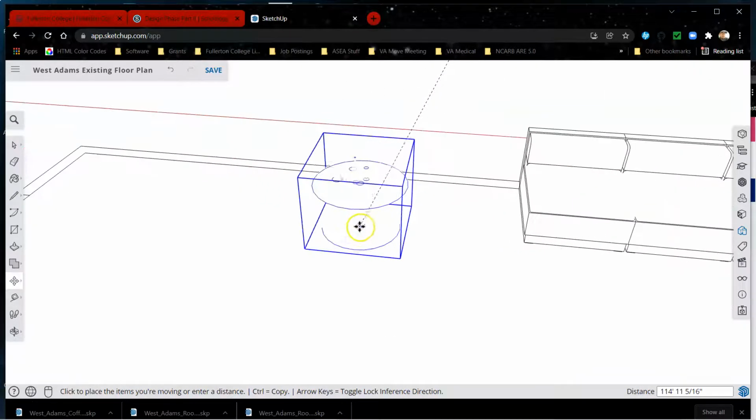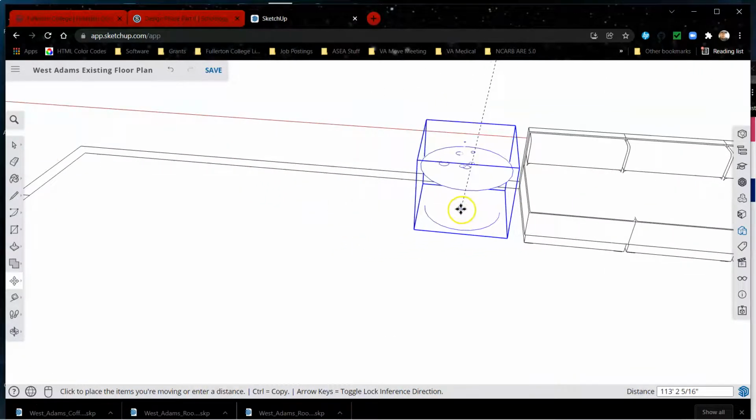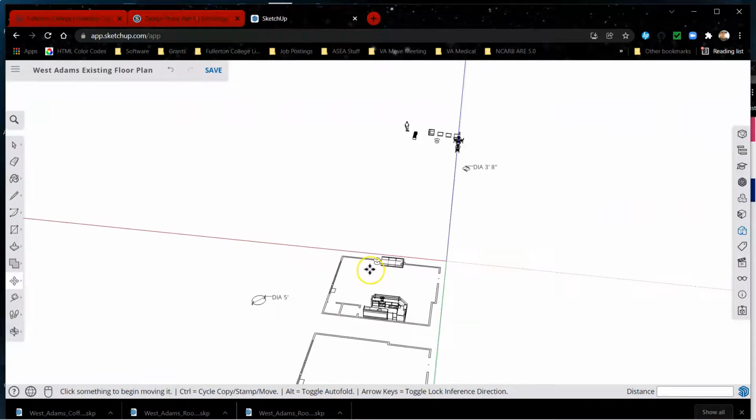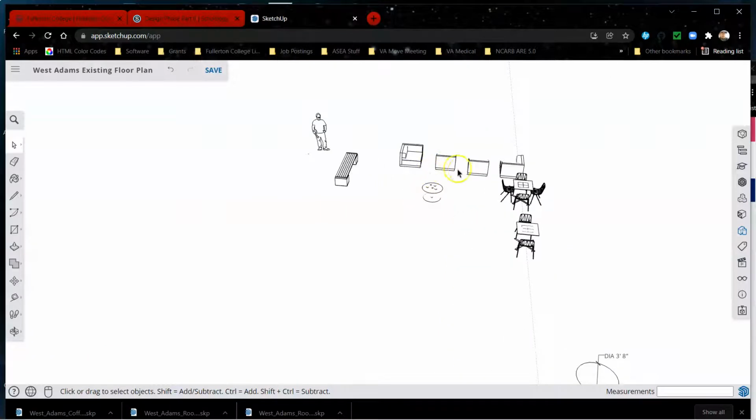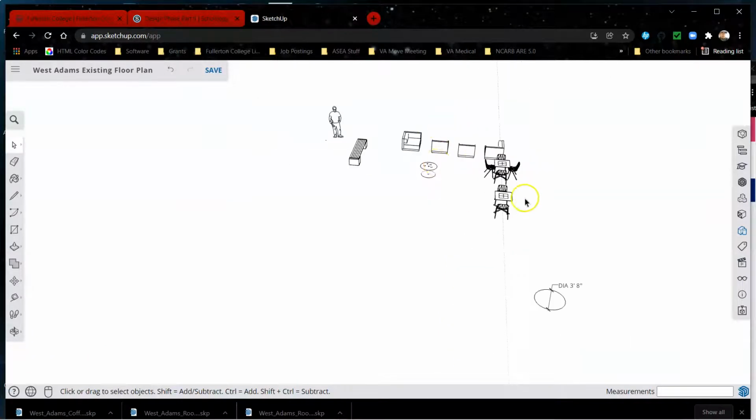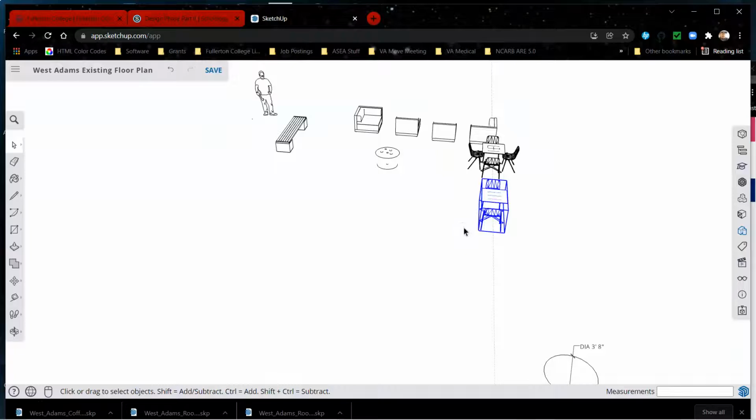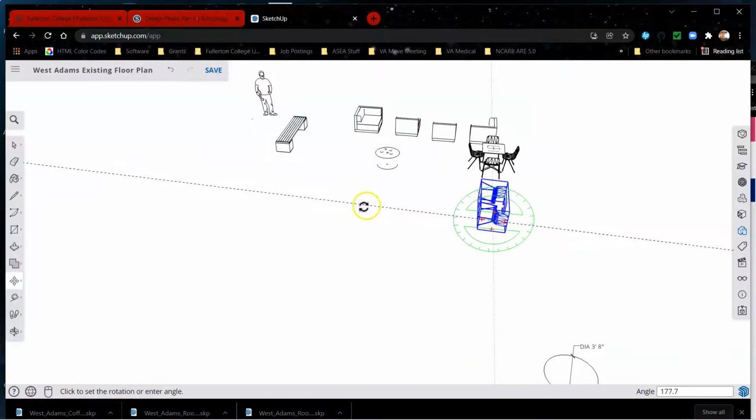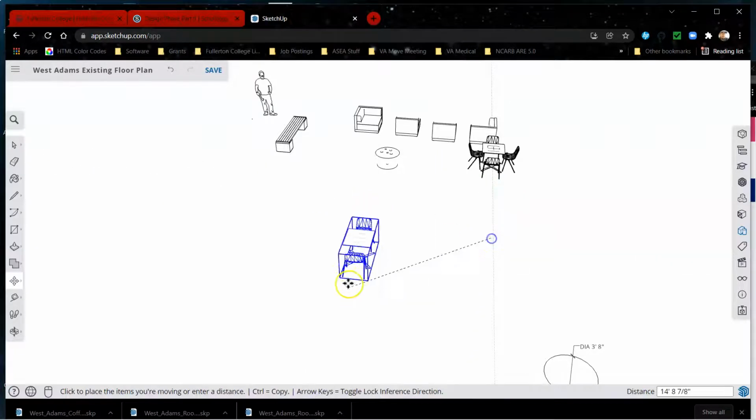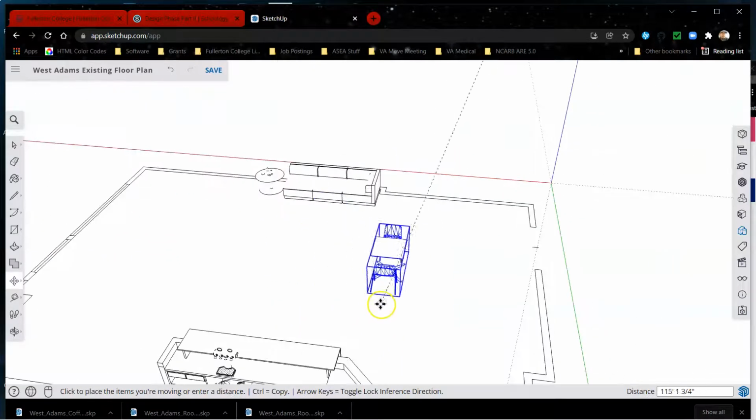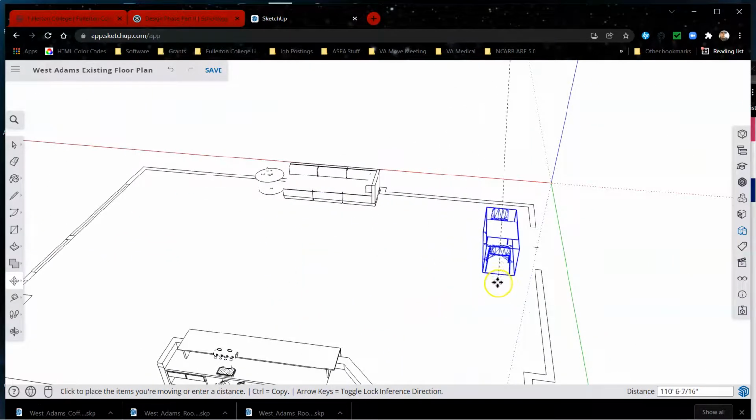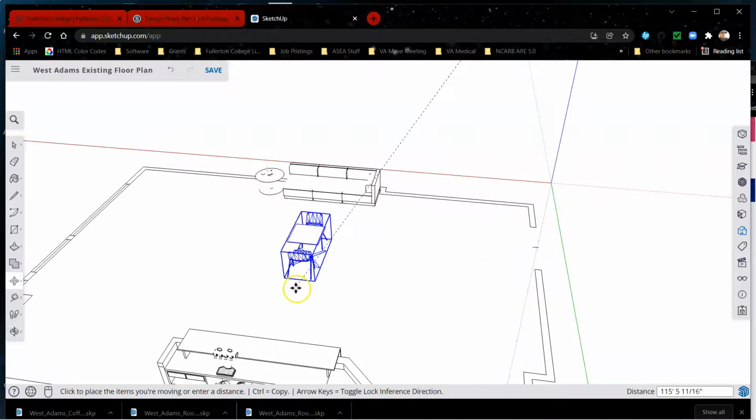Again, I'm anticipating every move that I'm going to do. So as I zoom out, I tap the space bar so I can zoom in and grab something else. And that's how I'm able to go and grab stuff quickly. I don't want to put a table right here in front of the door, so I'll probably rotate this